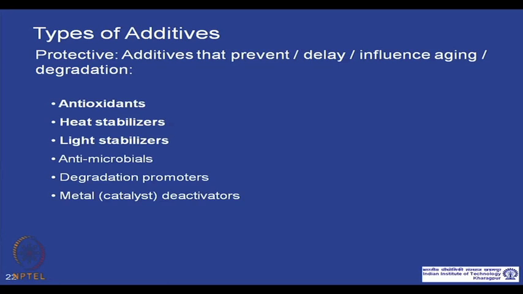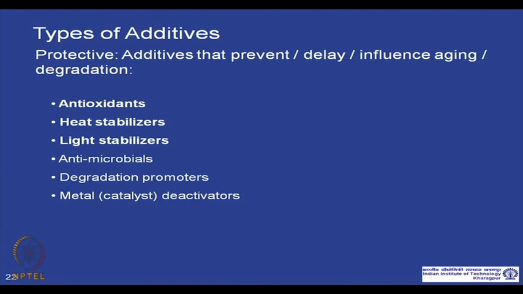Some of the additives used are antioxidants, which basically prevent oxidation, heat stabilizers, which prevent degradation of polymer under heat, light stabilizers, which basically protect the polymer from UV radiation,